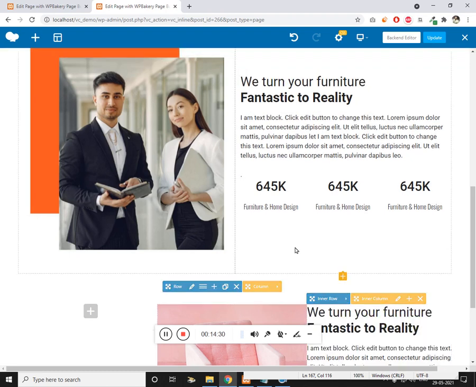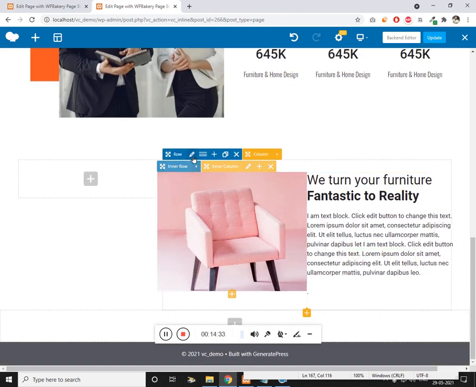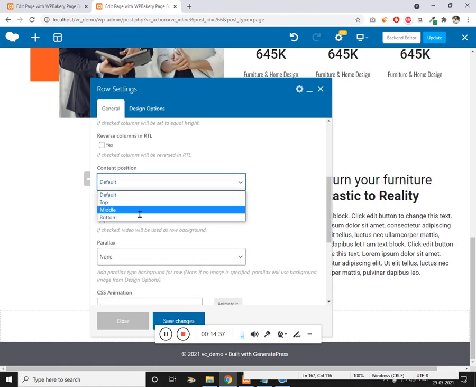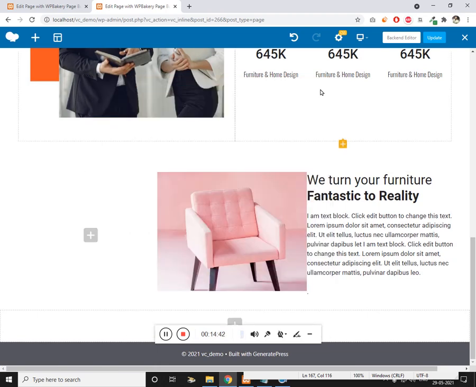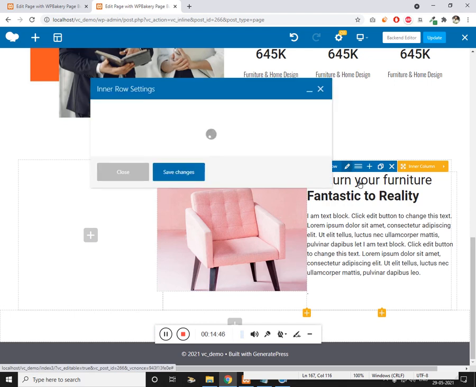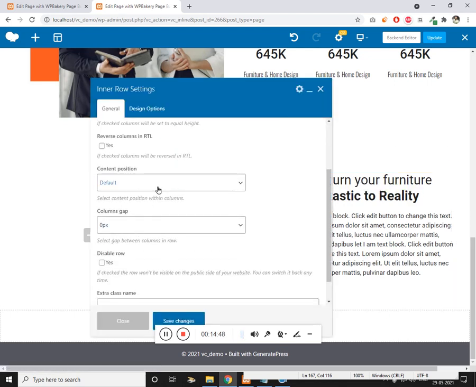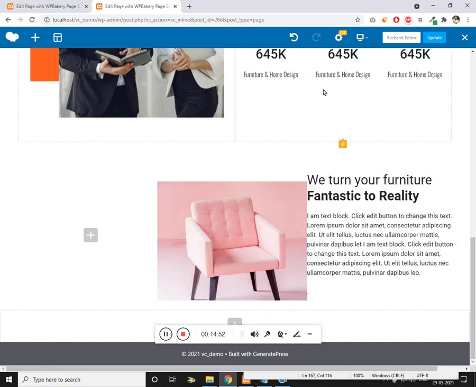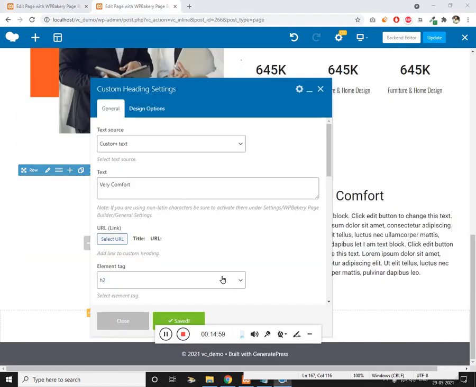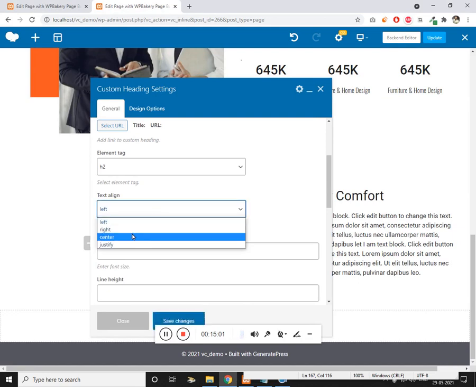The same way, drag it. Now edit the column, and on the content position we have to make this middle. Click on save so that it horizontally stacks. And again over here middle, let me decrease the space, or I'm using the same content, and let me align it center.